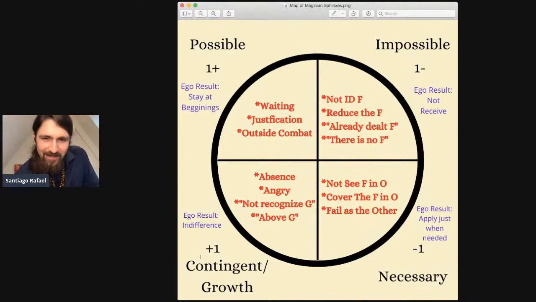So the fourth quadrant is the quadrant of growth, or contingent. That can be, cannot be, plus one, plus one, plus one. They're growing. The Sphinxes here are the absence, not being present, like removing myself. Sometimes when we're about to grow, someone wants to check out, leave, because there's growth there, so the ego is terrified. You can be angry because of growth. When you liberate yourself from certain things and you're starting to grow, you can get angry at something